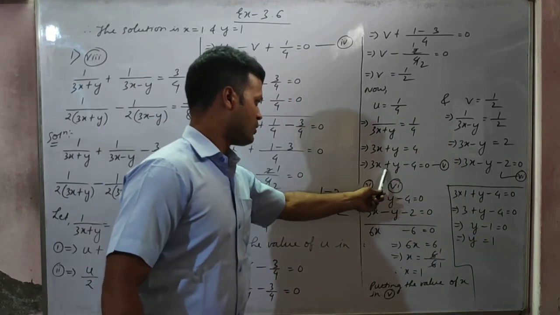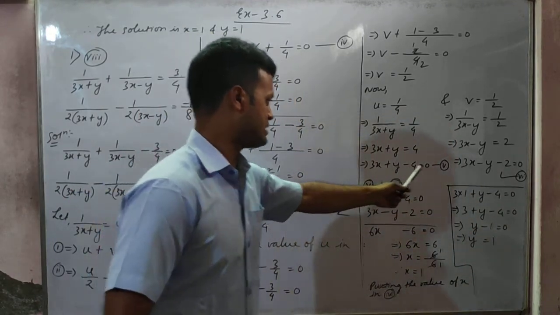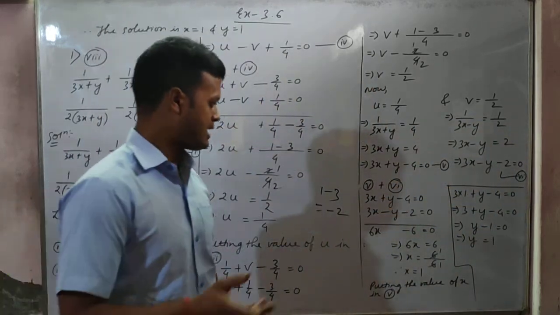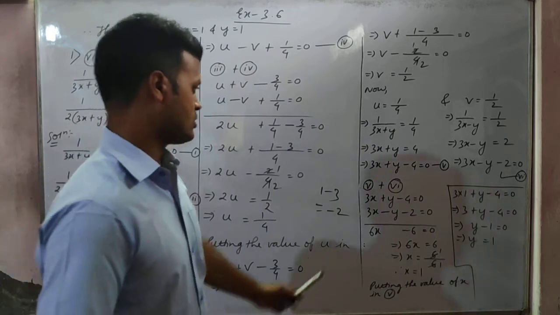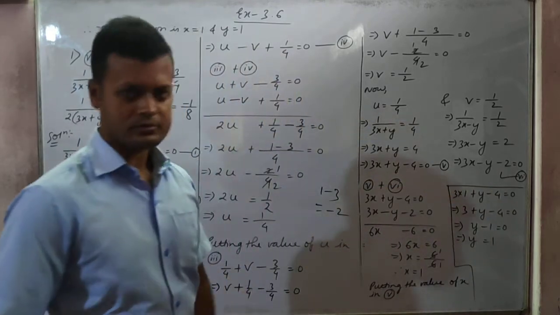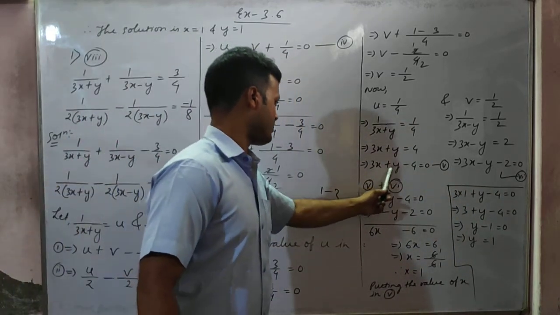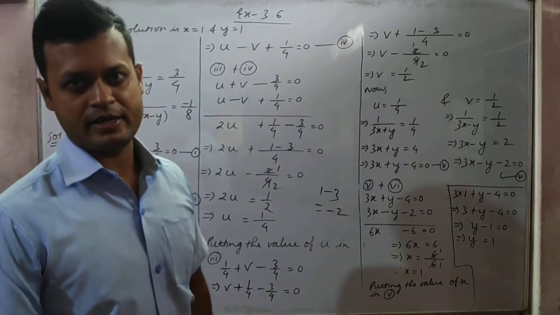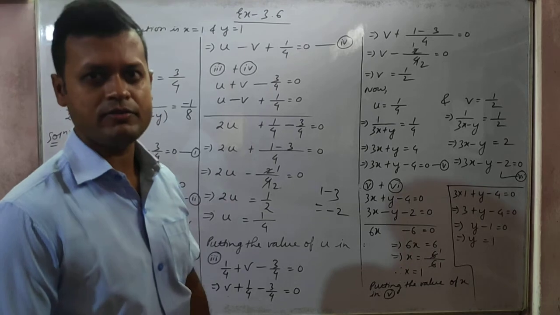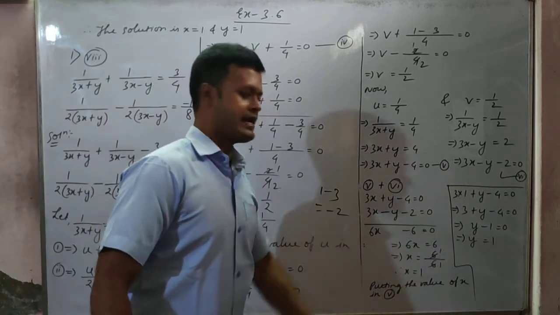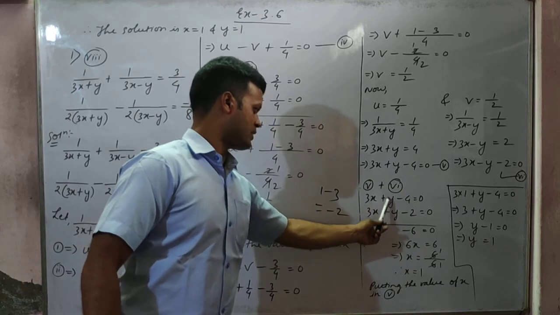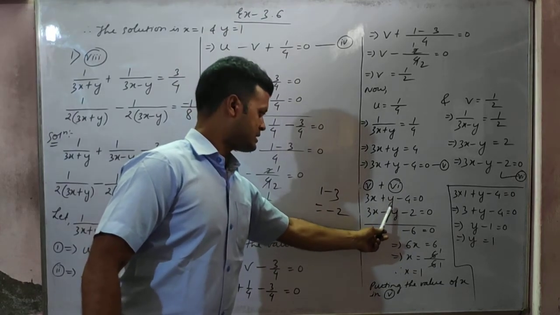So here before y what sign is there? Before y plus sign is there. Here before y minus sign is there. So opposite signs, isn't it? Again I am thinking of eliminating y only. So 5 plus 6 I got. Because before y plus sign, before y minus sign, one is plus and one is minus. So opposite sign. So I am thinking of adding. Okay. So this equation and this equation I will add. So plus y and minus y is cancelled. See, here plus y is there, here minus y is there.